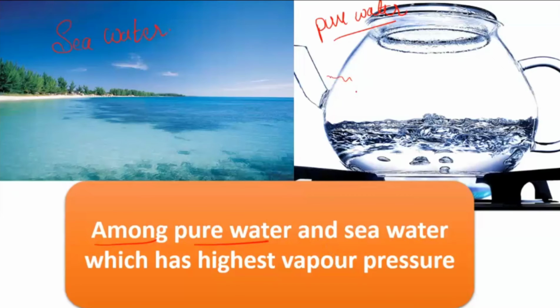Pure water, yes, correct. Majority, yeah, pure water is the correct answer. Why pure water? Because there are no solute particles. Now in the sea water there are salts, no? There are so many salts. That means there are so many solute particles. So if you have solute particles, then it will stop them from coming into the vapor phase. Yeah, there are more salts, correct. More concentration is there. And just now you answered me, if you have higher concentration, that will have less vapor pressure, no? So highest vapor pressure, you can just write down, pure water has highest vapor pressure because less concentration of the solute. There is no concentration of the solute.